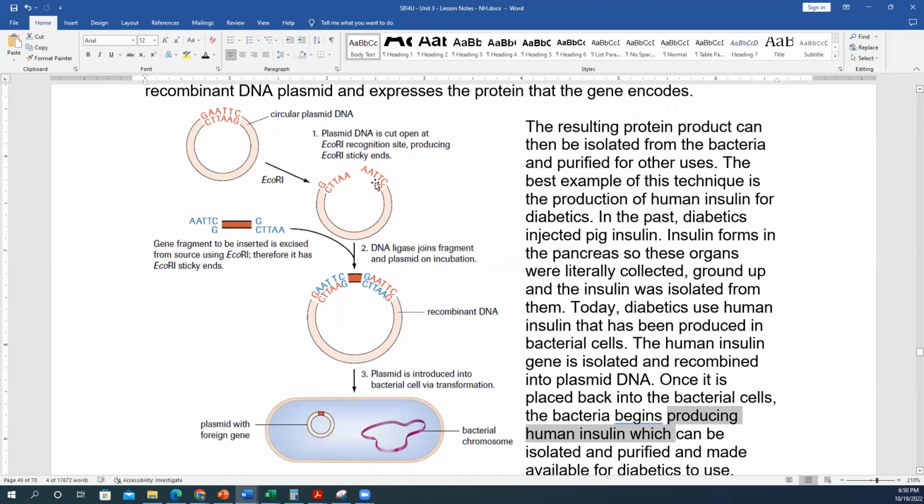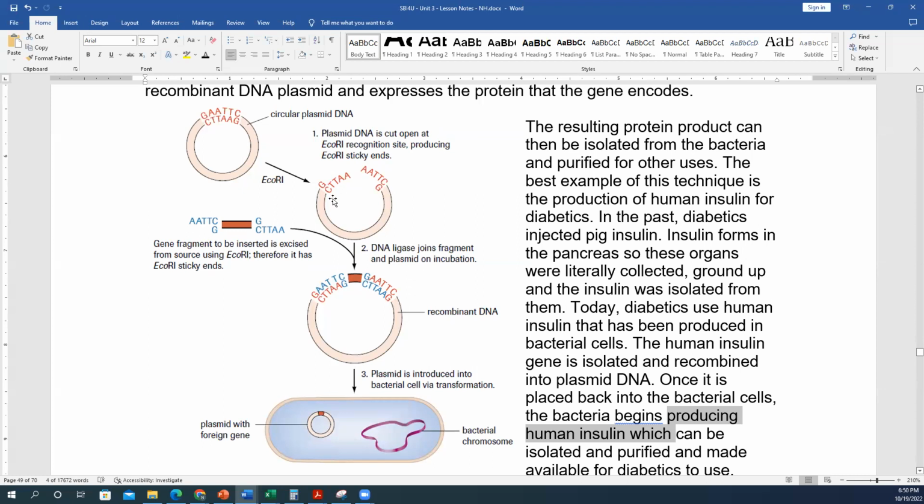And so, if you cut both of these with the same restriction endonuclease, with the same restriction enzyme, and then mix them together, due to pairing of the base pairs and the recognition of the base pairs with each other, they will find each other and stick together. And then you add another enzyme called DNA ligase to, in a way, glue these fragments up